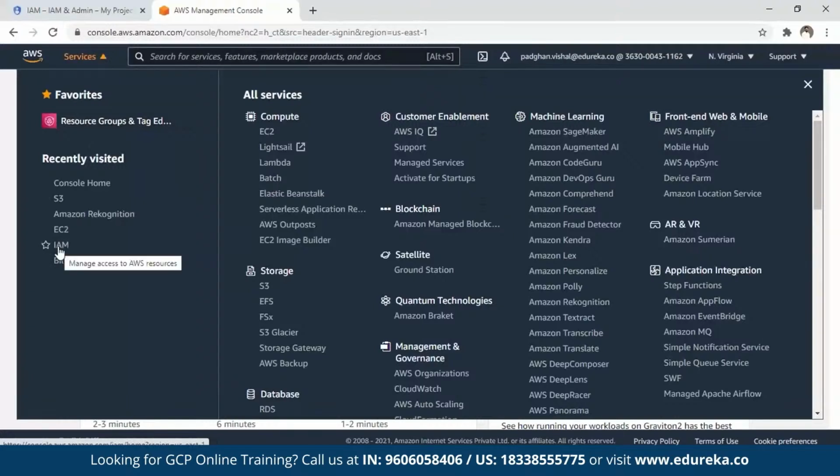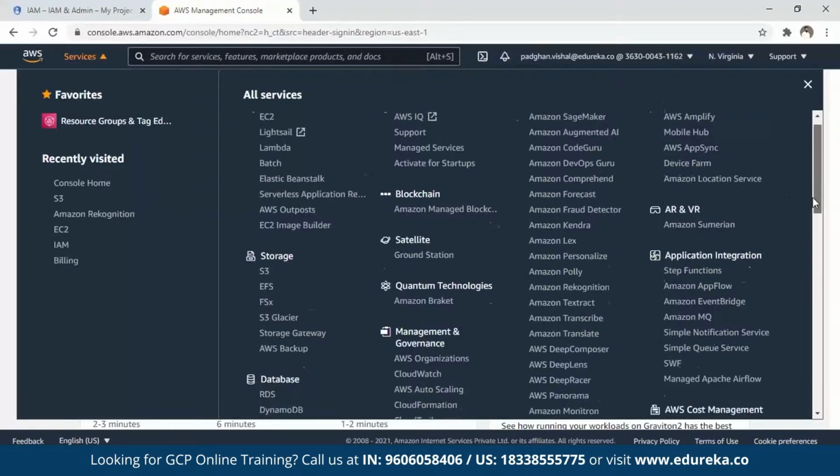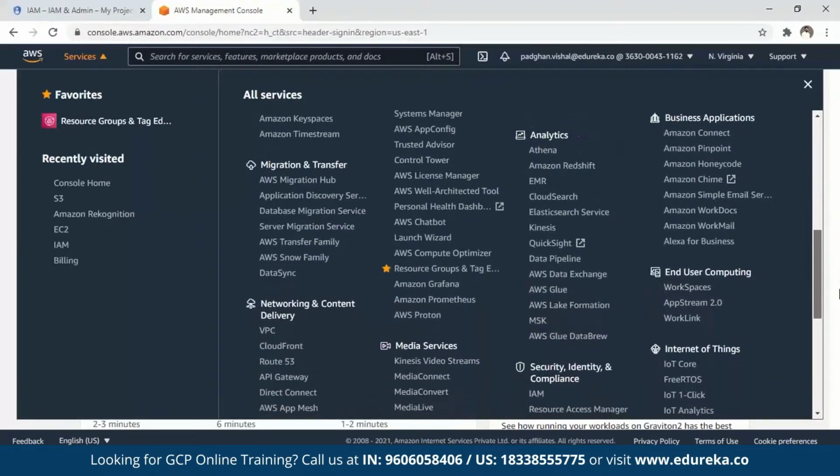You have your IAM billing, or basically S3 is something that is similar to the buckets that I've already shown. EC2 is something that lets you create instances here. Okay. And then there are a plethora of services that deal in management and monitoring as well. So if you scroll down, you'll get information about those.